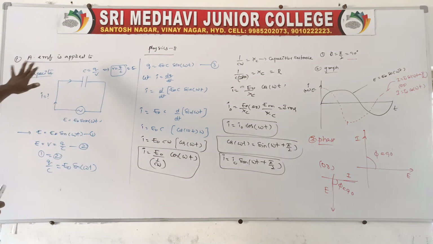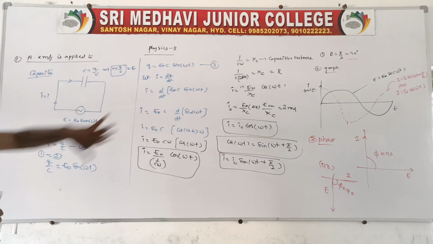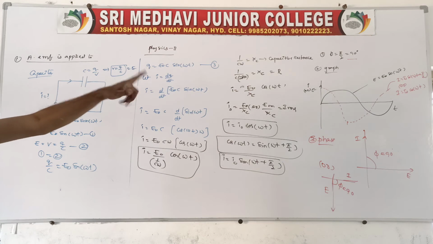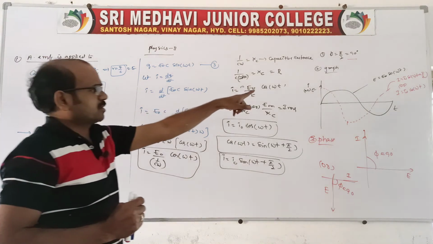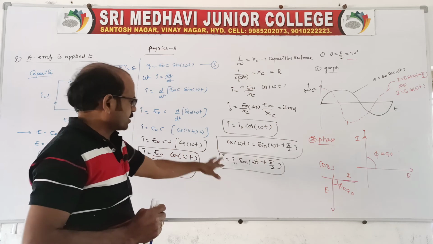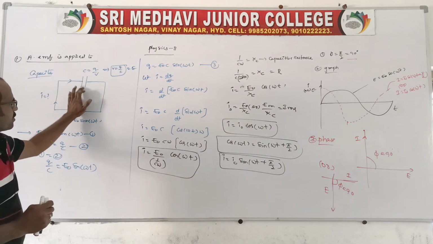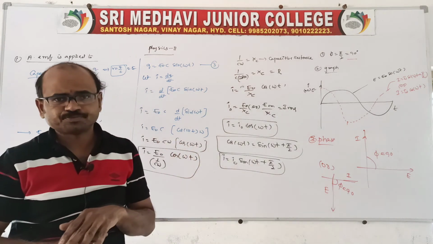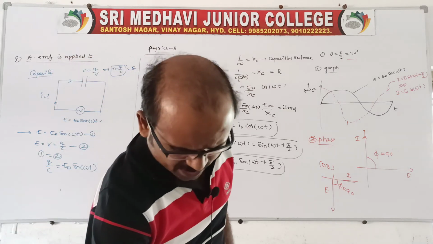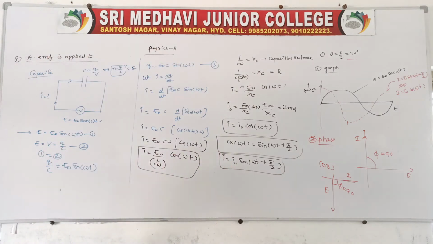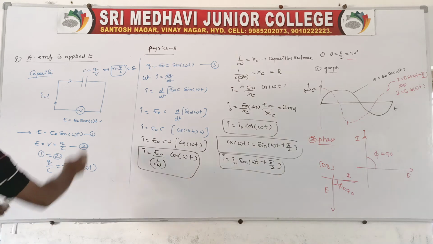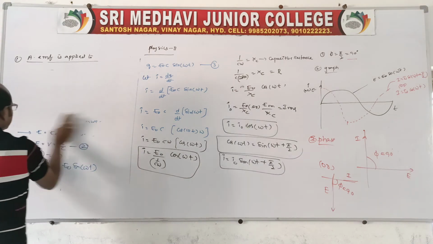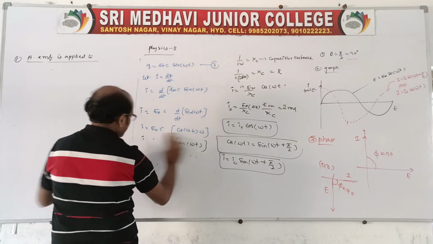So this is about a capacitive circuit, and you need to read all these expressions, the phase angle, the graph, the phasor and the current, because an alternating EMF is sent into the capacitive circuit. Then the current will be I is equal to I naught sin omega t plus pi by 2. Clear? Now again we need to say another one about capacitive reactance, as well as power, and in that, power factor, instantaneous power and average power. Let us go for the next one.